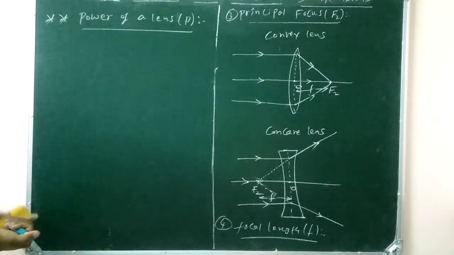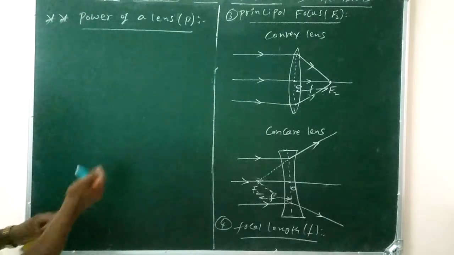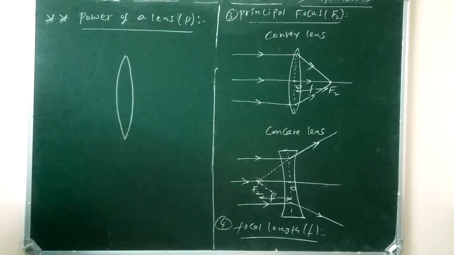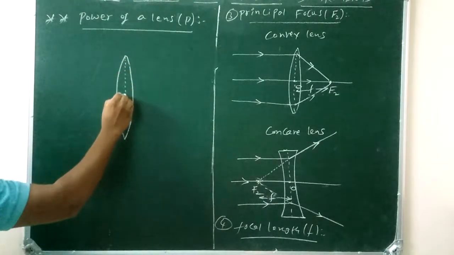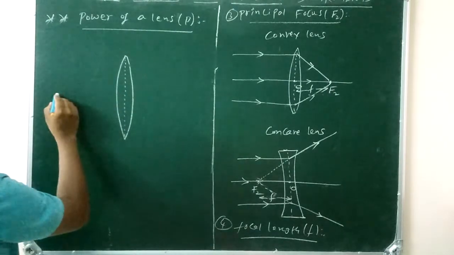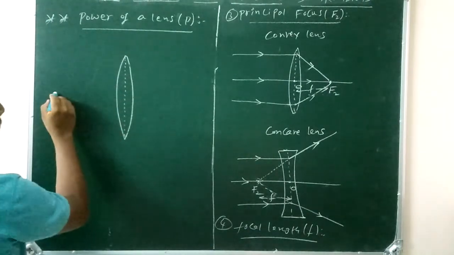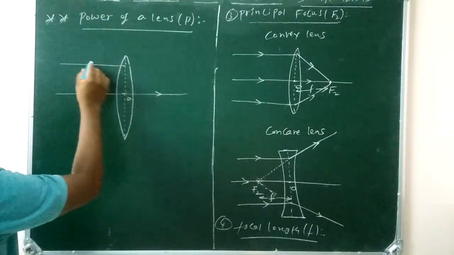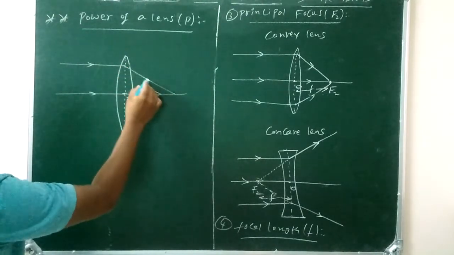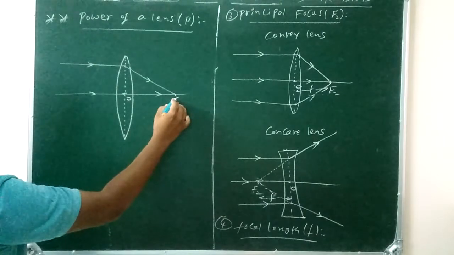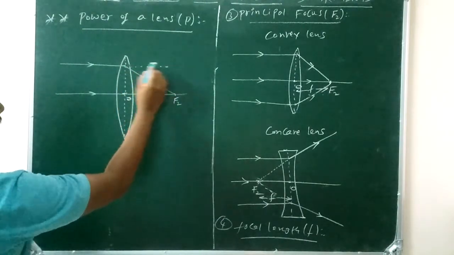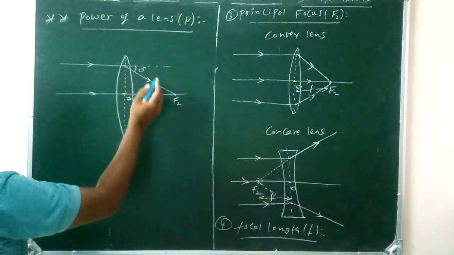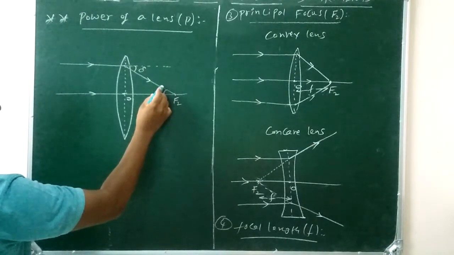The power of a lens can be defined as the tangent of the angle by which it converges or diverges. Let us consider the convex lens I am taking here, and this is the optic center. The light ray passing through the optic center goes undeviated like this, and one more light ray you have to consider is going to meet at one point where the focus is formed. This is the F2 focus, and you have to extend these light rays. Now it makes an angle delta, and here also angle delta. These are the corresponding angles.